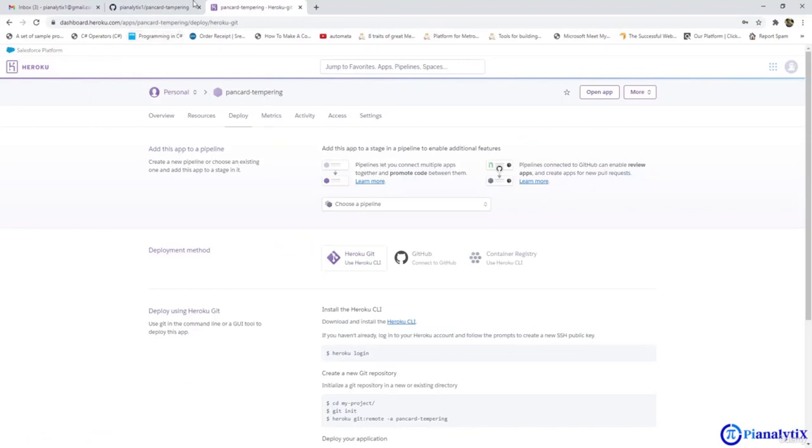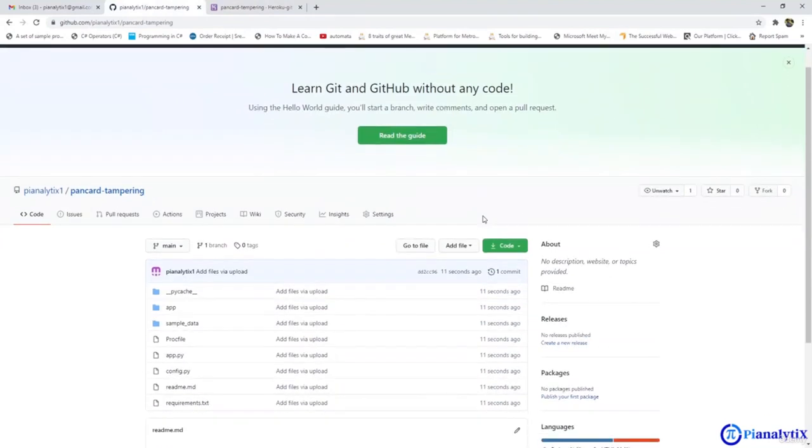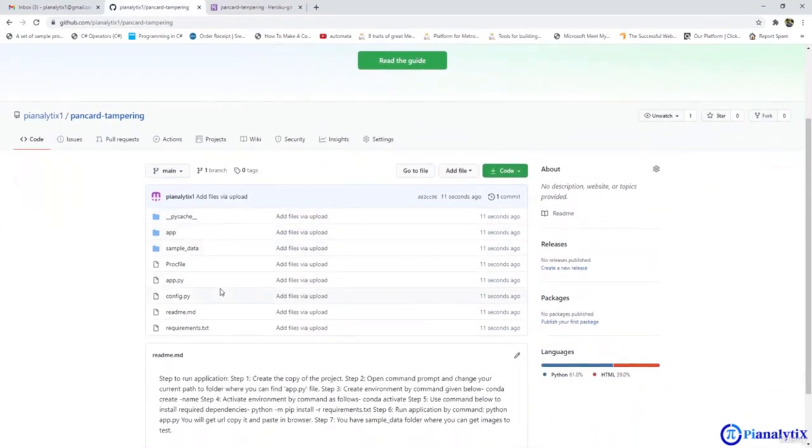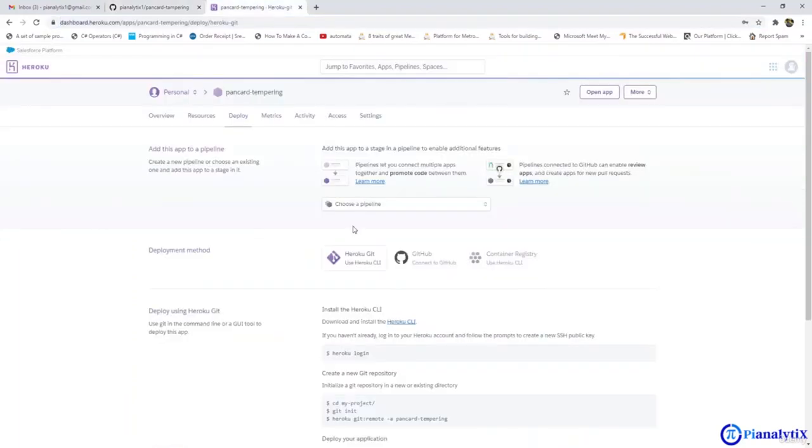Let's check if our files have been uploaded or not. So here you can see that all our files have been uploaded here into the GitHub account. So this is the link to our repository: github.com, your username and the name of your repository. Now we will connect our Heroku account to our GitHub account. So as we created an app named PAN card tempering,